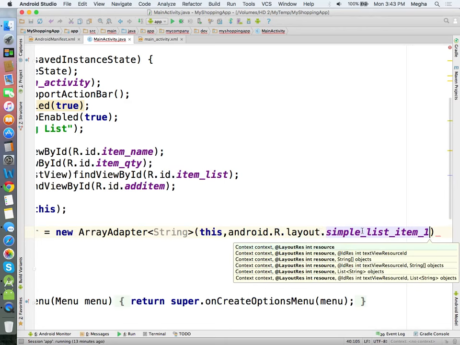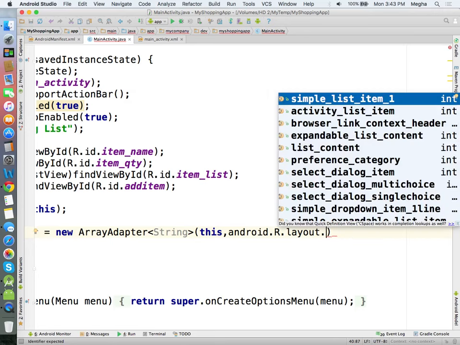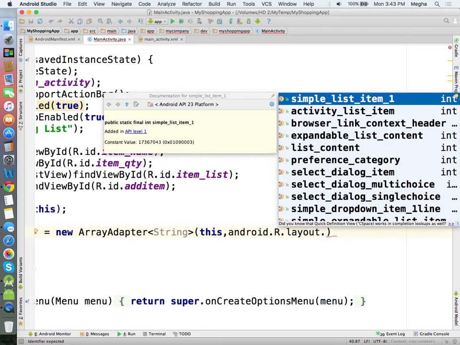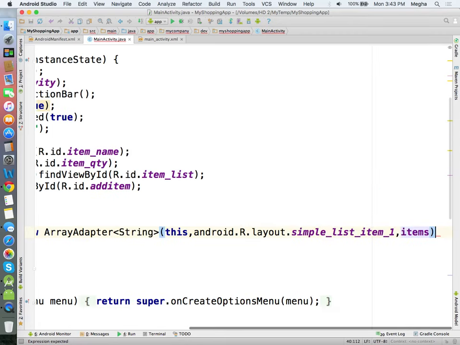You may be wondering where this particular file exists, but I am accessing it from the Android library because Android has built-in templates, a lot of templates available. One of the templates for list view is specified in the path android.R.layout. You may have a lot of templates, but not everything will work for list view. For list view, the simple_list_item_1 or 2 are the only ones that will work. So this is the template I'm going to inflate, and the data I have, called items, is what I'm going to repeat inside.